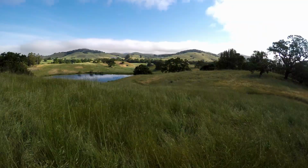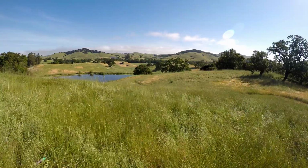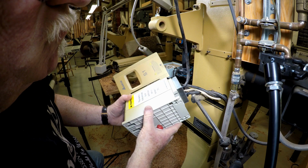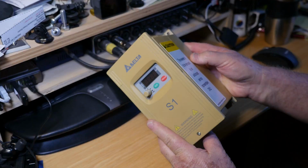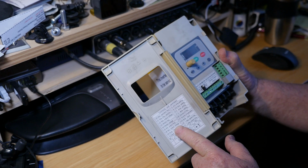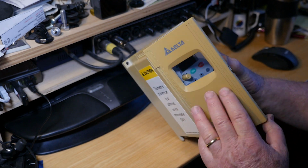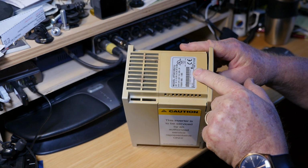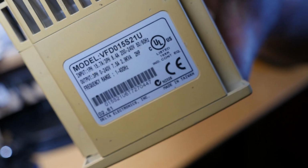At this point, the fog in my brain cleared, and I realized that I had been overlooking something simple, obvious, and important. The stock VFD on my lathe was encased in a plastic housing, which I had assumed was made by Powermatic to hold the electronics made by another manufacturer. So I had ignored the external markings to focus on the internal ones, and that was a big oversight. I finally realized that the housing itself was an integral part of the VFD, and the data plate on the top of the housing contained vital information. Duh. The data plate told me the unit came from Delta Electronics, and it was a